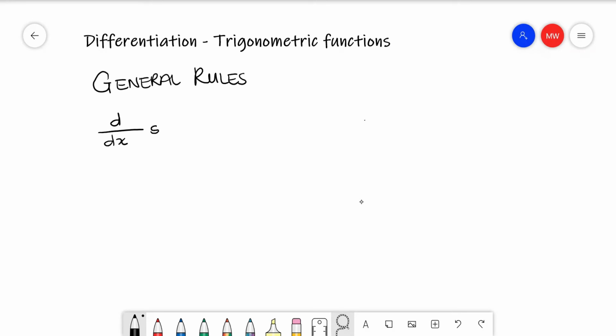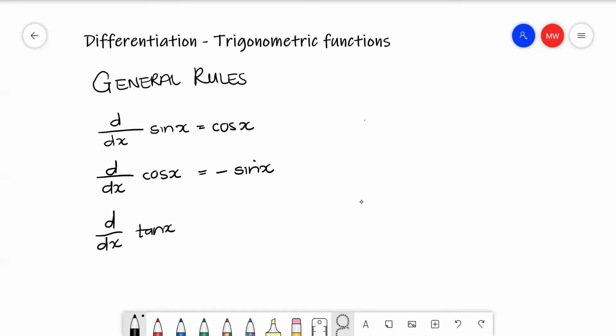d dx of sine of x is equal to cosine of x, d dx of cosine of x is equal to negative sine x, d dx of tangent of x is equal to secant squared x, d dx of cot x, or cotangent, is equal to negative cosecant squared x, d dx of